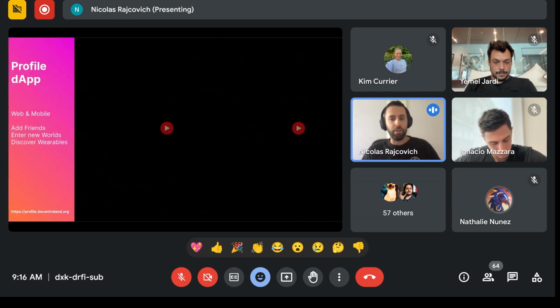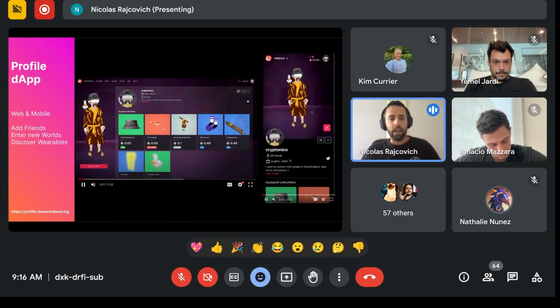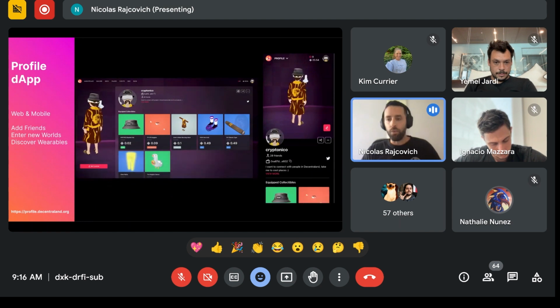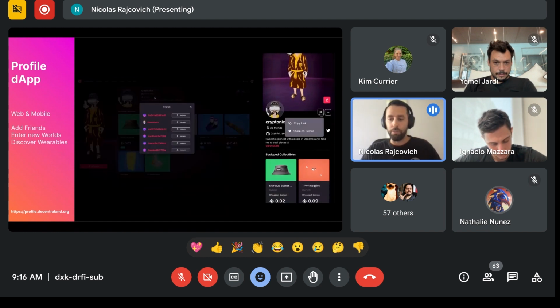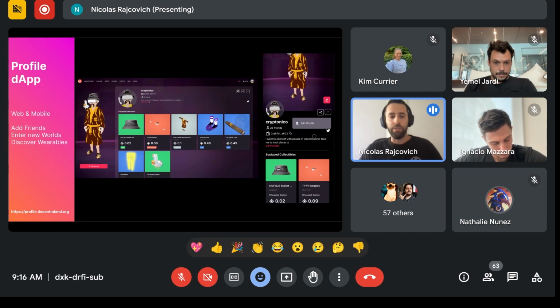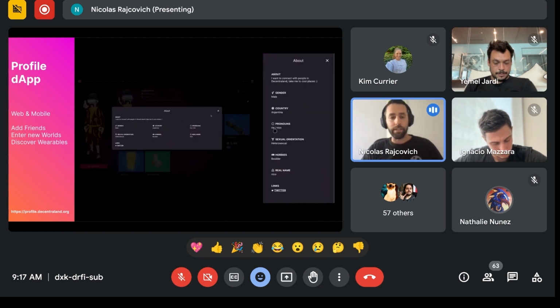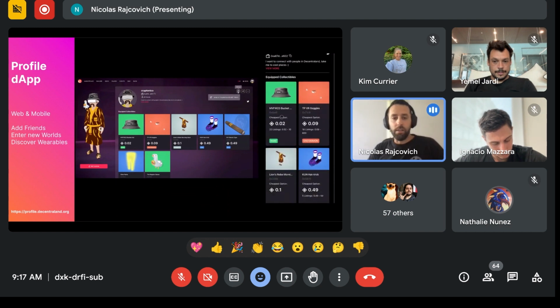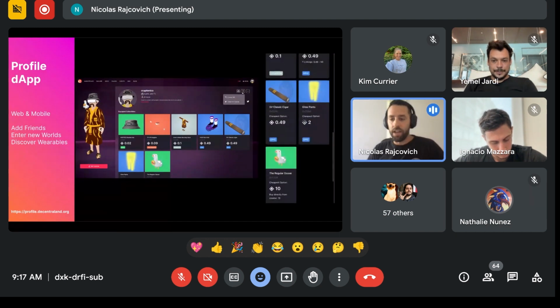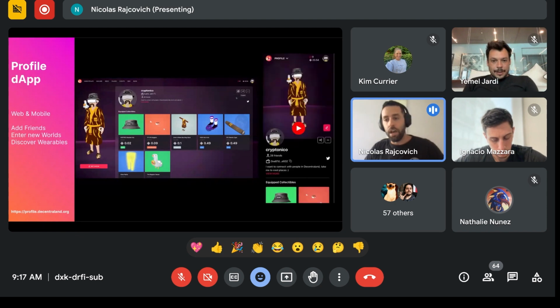Starting with the profile, I'm sure that you've already seen the new profile on desktop, but we didn't have a web version of it, so it was kind of difficult to share your profile if you were at a real life event or with friends and you wanted to show your cool avatar with the wearables that we really like to show off. It was kind of hard to do, but now you can also access this app from your mobile phone. So it's really easy to share.